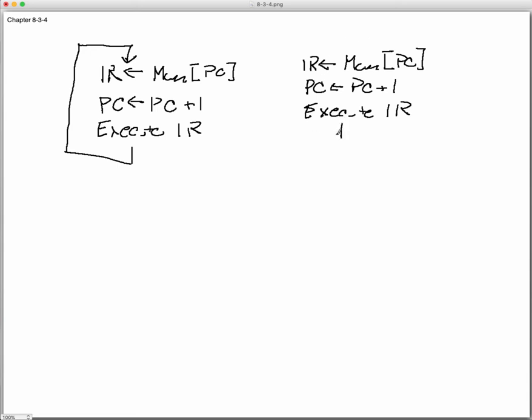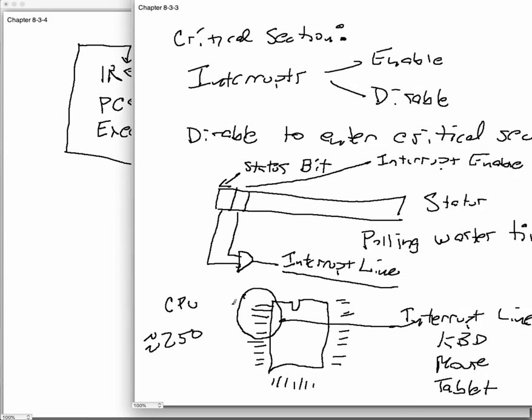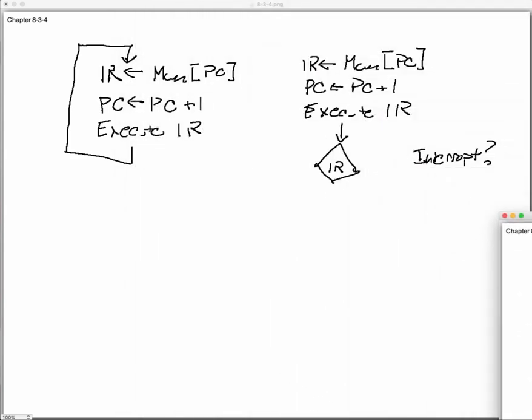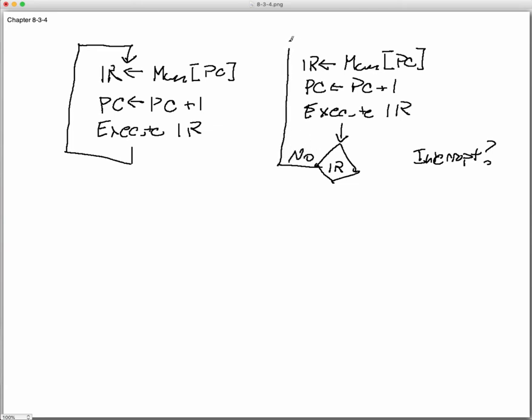And then we come down here and we ask a question. Was there an interrupt? I'm going to just come over here and I'm going to say interrupt. And what that means is, did any one of these lines over here get a signal? Okay. Now, if they didn't get a signal, then there's nothing new to do. And if the answer is no, then we just come over here and we continue the way that we did before. Okay. But if the answer is yes,